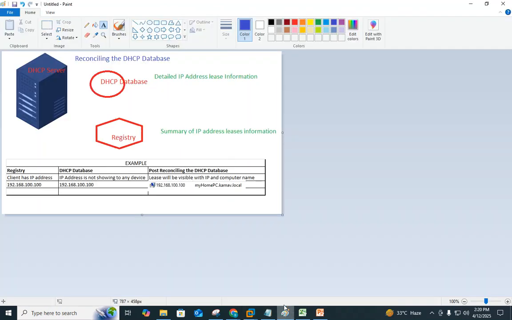So as I said here, the registry shows the IP address has been assigned to a particular computer, but the database says no, the IP address is not available. If you go to display statistics, it is showing the IP address is not available. And if you go to address leases, then you can see,